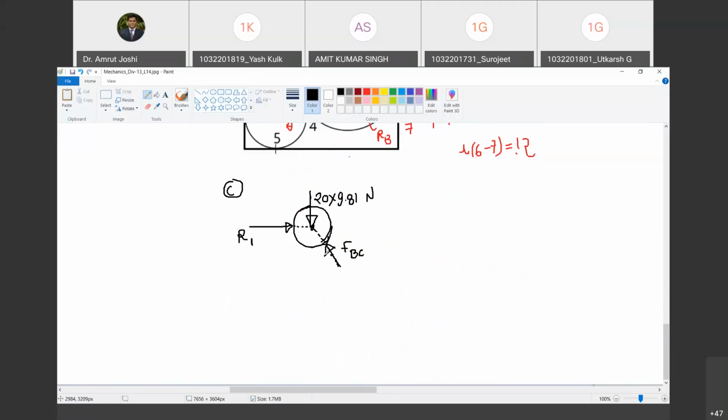Now, tell me, under how many forces is this sphere in equilibrium? From 3 forces, right? Yes, it is in equilibrium under 3 forces. Do you agree with me? Yes. Are these 3 forces non-collinear? Yes, they are coplanar, non-collinear, and concurrent, meeting at a point. Do you agree with me? Yes. So can I apply Lami's theorem?